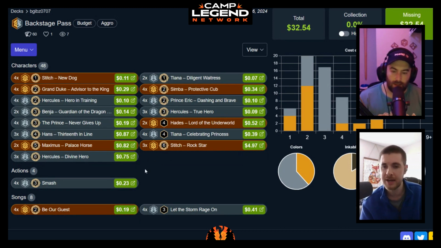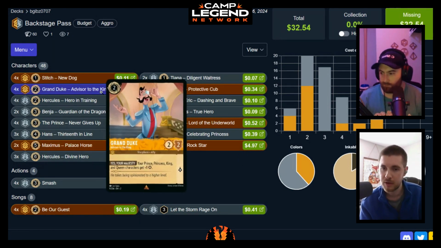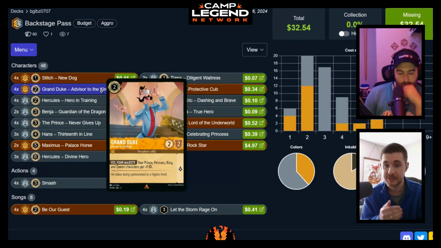An inclusion that I added in here, which isn't necessarily a must, but I did like in this list just because of the characters that I was putting in it, is the Grand Duke, Advisor of the King. Oh, huge. If you can put this in a list because it fits, and the majority, if not all of your units have these tags between Prince, Princess, King, and Queen, it's a great 2-drop to be able to play, even to be able to drop later in the game, because it does happen immediately. So you can trick trades as well against your opponent who doesn't think that you can